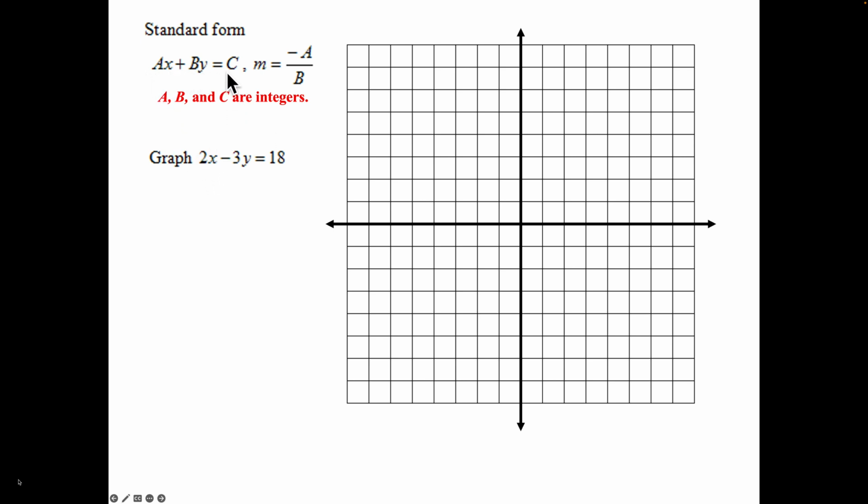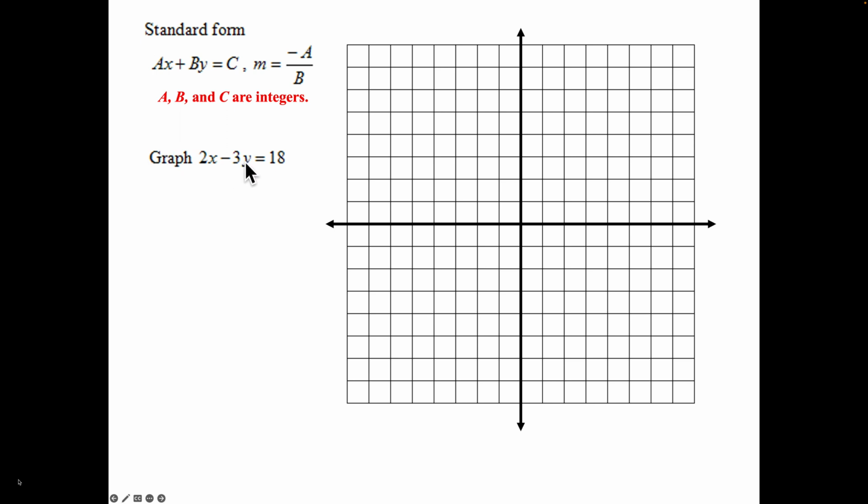Now within this equation, for your slope, you've got to do a little work. Your slope is going to be the opposite of A over B. Now why is that? Think about turning this into y equals mx plus b. You would subtract over the Ax term, so negative Ax plus C, then you divide by capital B, and there's your slope. All right, now,